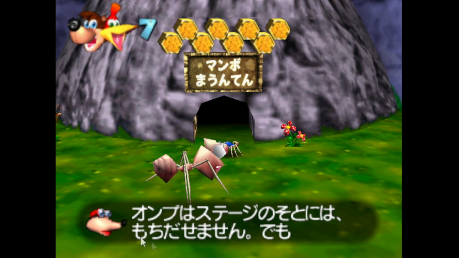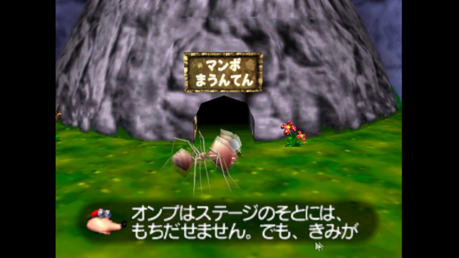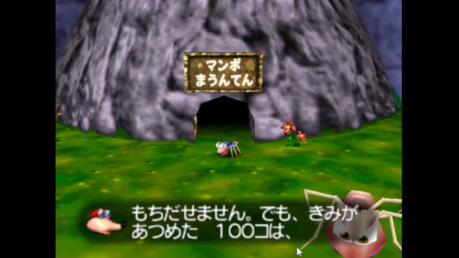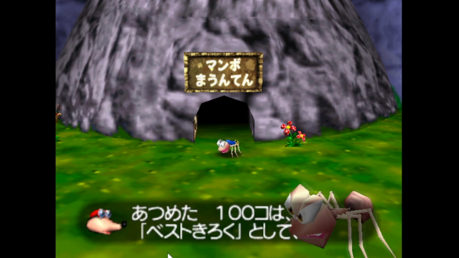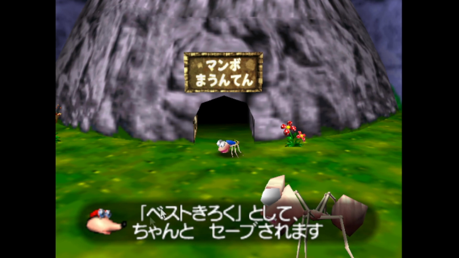Well, in this case, it means you can't take them out of the stage, because it's mochi dase nai, and dase makes it into potential form, so you cannot take it out of the stage. And then demo. Demo kimi ga atsumeta 100 wa. So the 100. But the 100 that you gathered. Besto kiroku to shite chanto save saremasu.